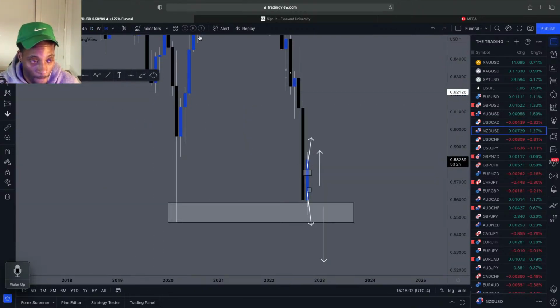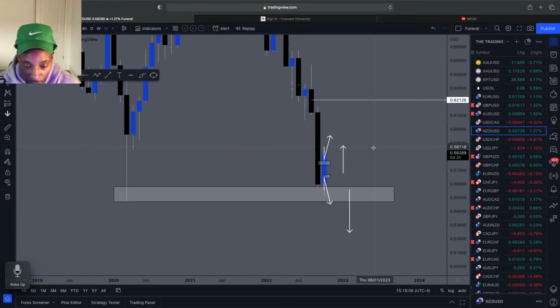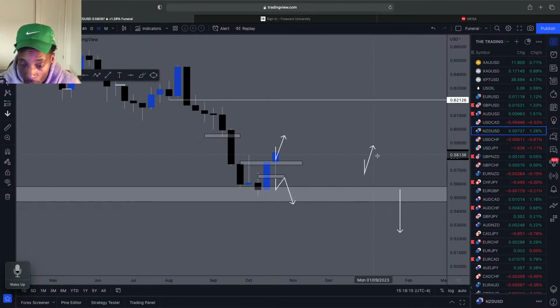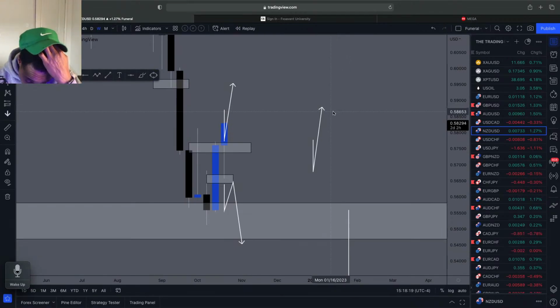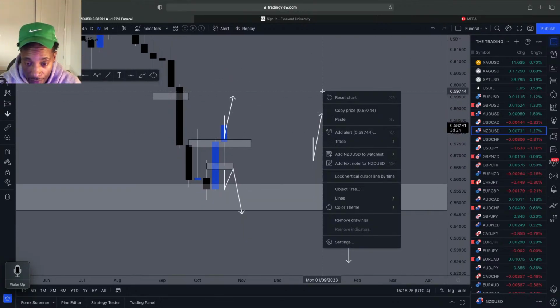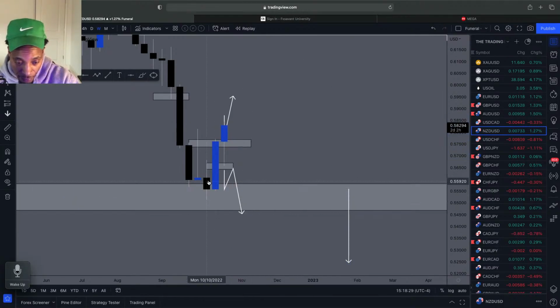So NZD USD monthly time frame, you can see we came into this level of support right around in here, and we are starting to get the bounce on the monthly time frame, looking for the monthly retracement possible. Remember, monthly retracement, so we could see further continuation with the retracements, but that might not last forever, so keep that in mind. If we look at this market, if we could have gotten the break below where the market